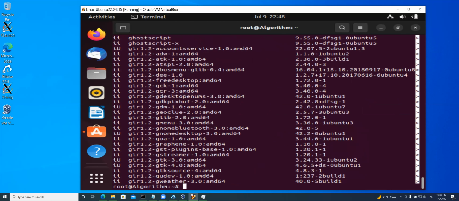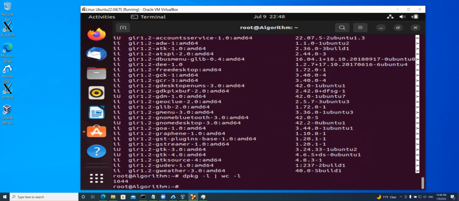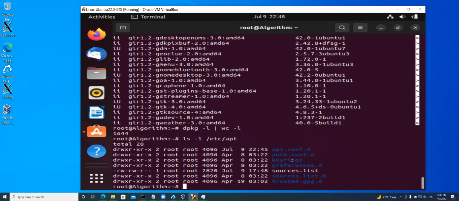And then if I just do a word count, wc -l, on this one, this is 1644 Debian packages. And the file that is there is in the /etc/apt directory. And then as I was telling you, there's a file called sources.list. So there's a sources.list.d, and if I go to /etc/apt and then